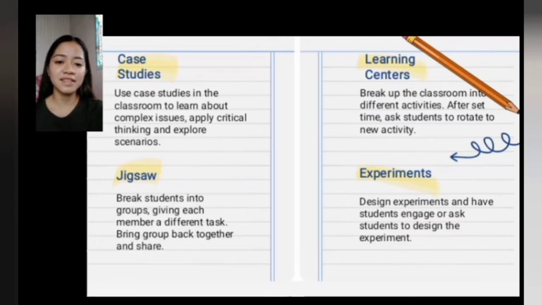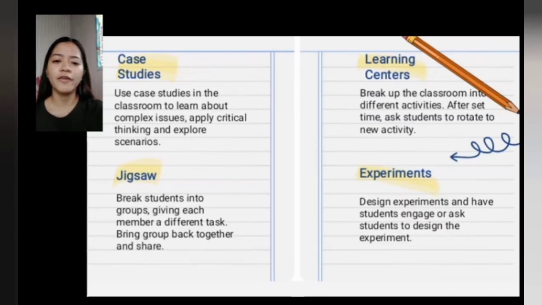Then, the next instructional strategy is the jigsaw. So break students into groups, giving each member a different task, bring group back together, and share. So it is a cooperative learning strategy that enables each student of a home group to specialize in one aspect